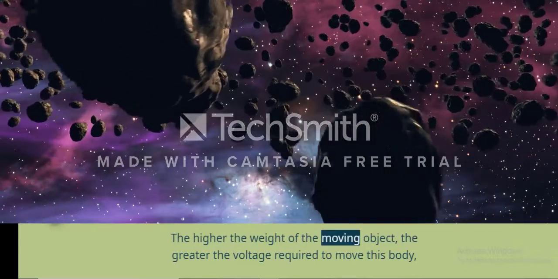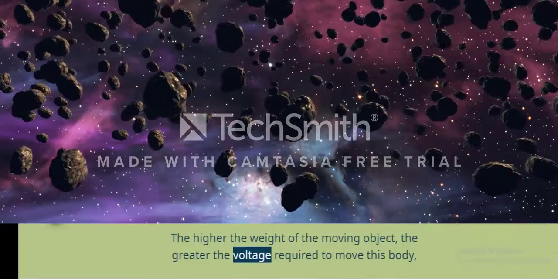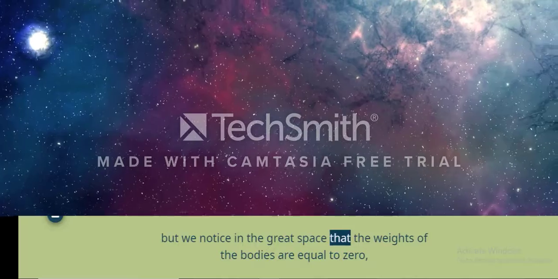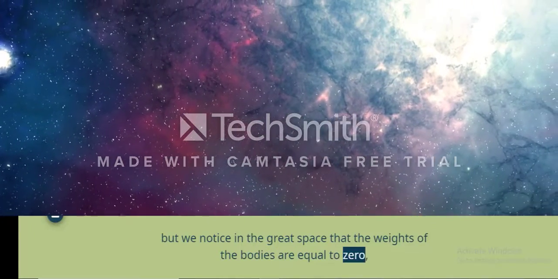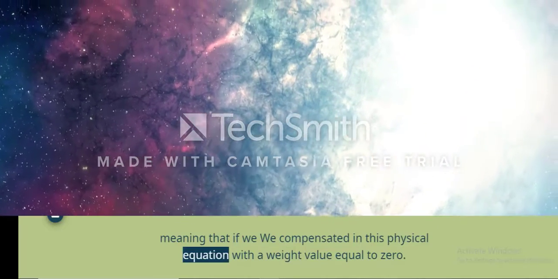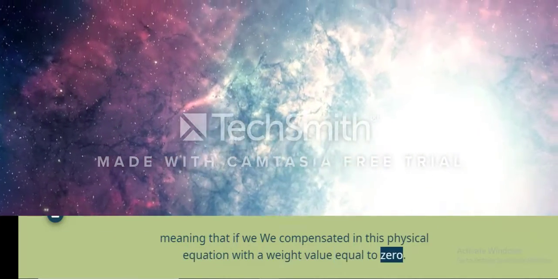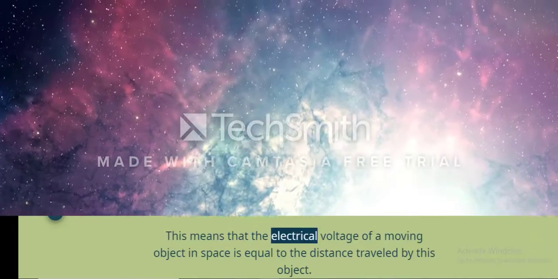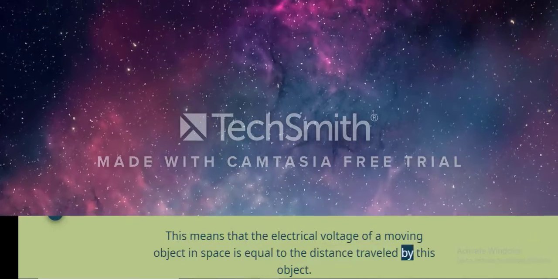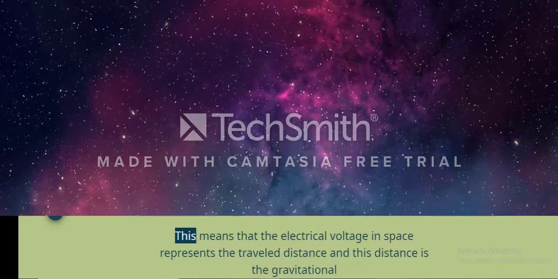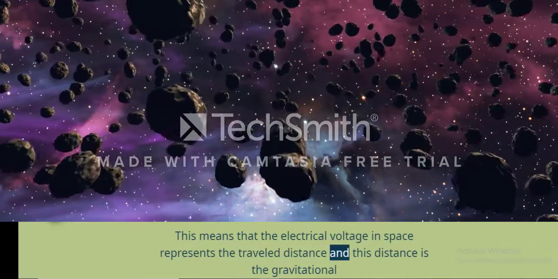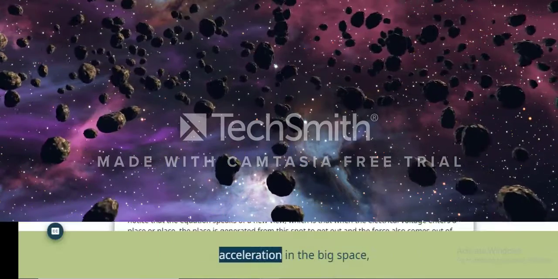The higher the weight of the moving object, the greater the voltage required to move this body, but we notice in the great space that the weights of the bodies are equal to zero. Meaning that if we substitute a weight value equal to zero in this physical equation, the electrical voltage of a moving object in space is equal to the distance traveled by this object. This means that the electrical voltage in space represents the traveled distance, and this distance is the gravitational acceleration in